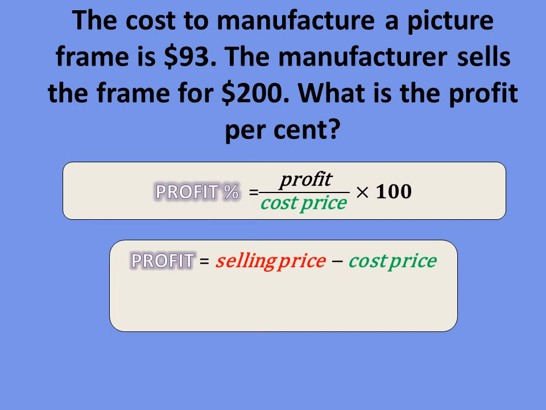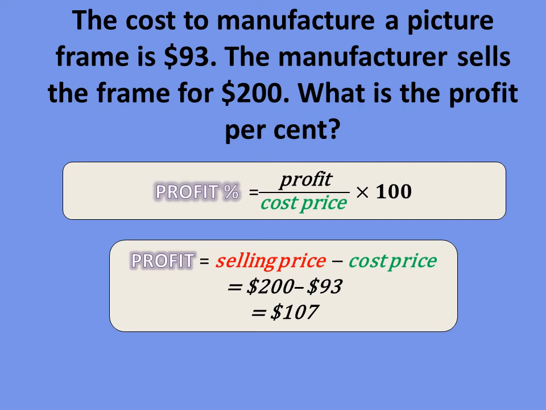Very good. And the cost price, it says the cost to manufacture a picture frame is $93. Very good. So the selling price is 200, cost price is 93, 93 from 200, that leaves us with 107. So the profit is